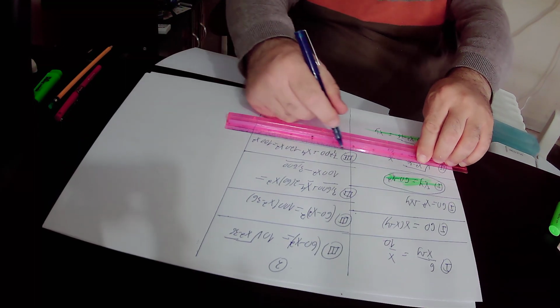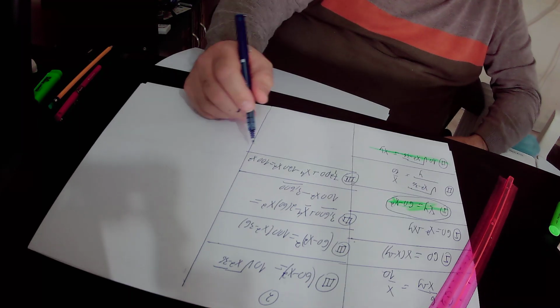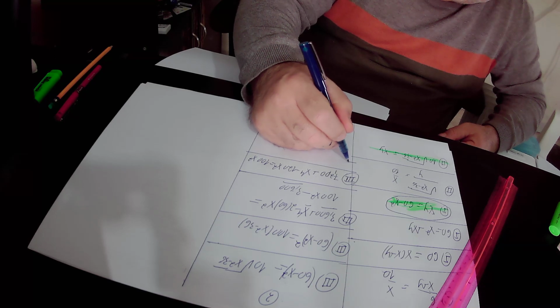Here we'll subtract 100 times x squared from equation number 3, and we get that according to equation number 3,